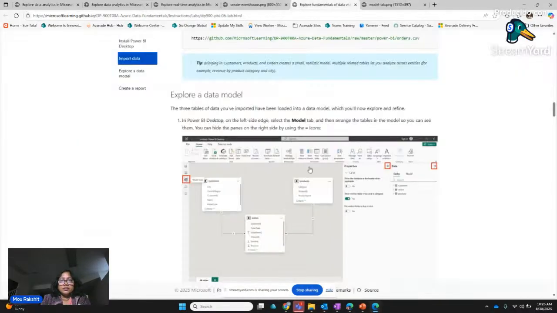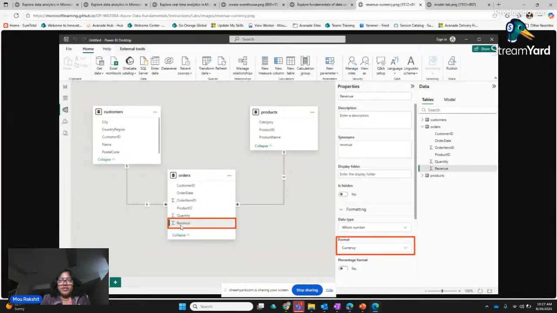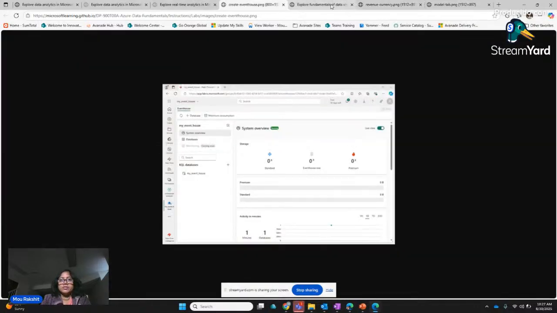Okay, and next is, yeah. The way you do it, revenue is, you can also decide what would be the revenue format. You can say this is currency, data type. So you're going to do this kind of presentation layer within your Power BI model. You can do whatever data type conversion you want to do, etc. You're going to be aggregating the revenue, quantity, etc. within this Power BI semantic model,